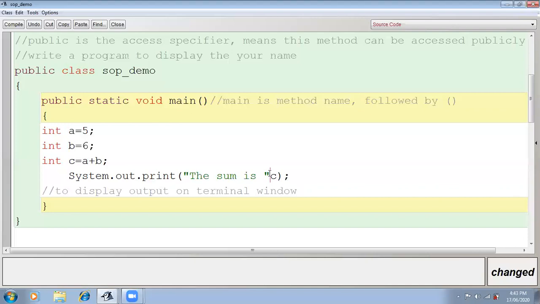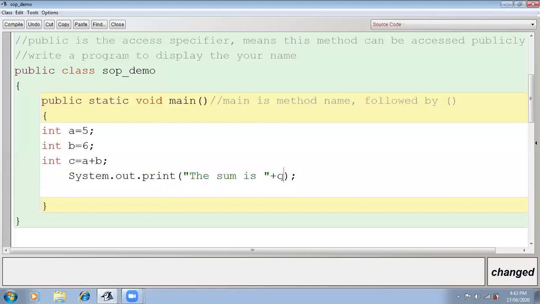So here I will use the plus sign. I'm not using the plus sign for addition here. Plus sign means this is the message and this is the variable. I need to concatenate both because they are different things. The message will be considered as a string, and this is the variable.